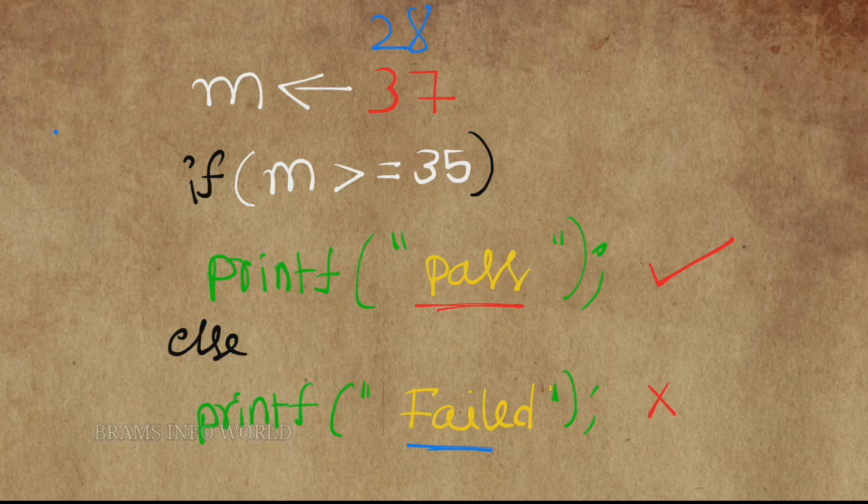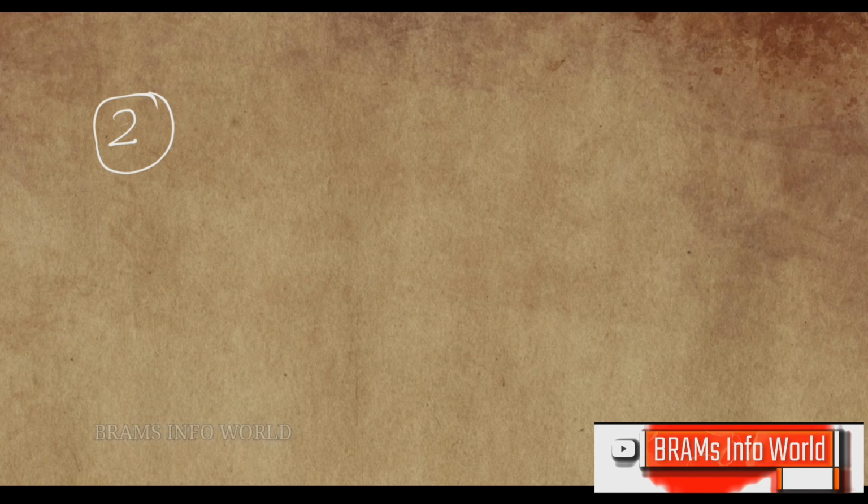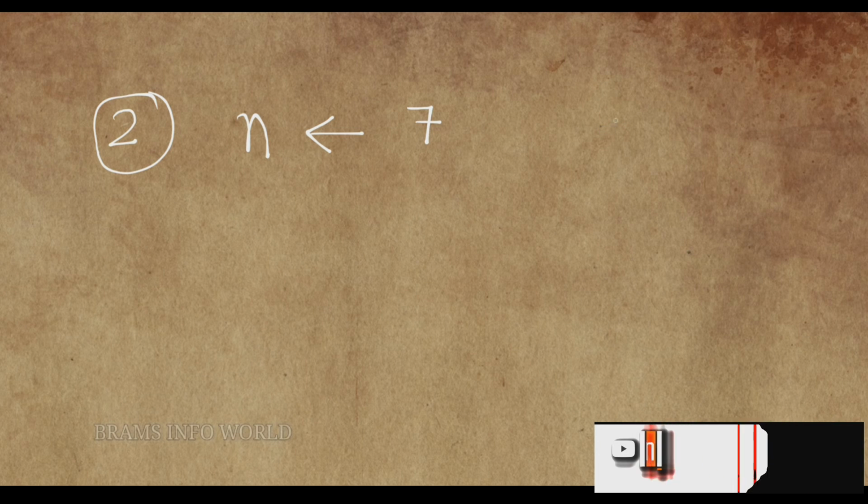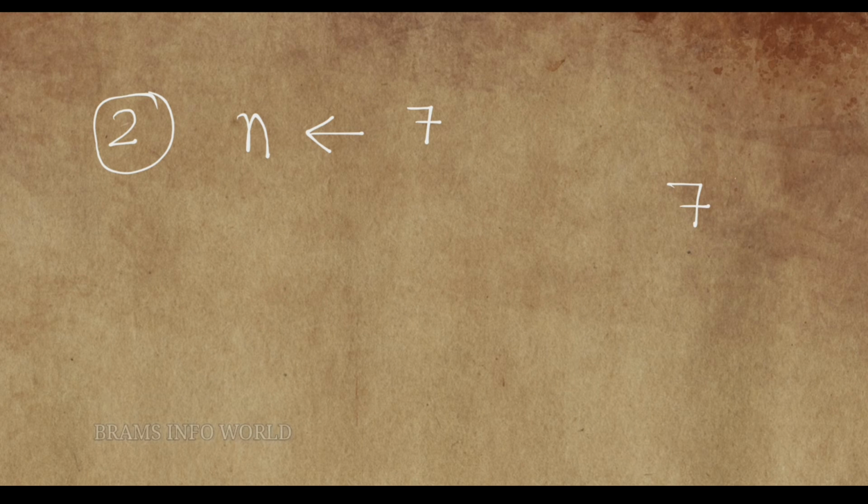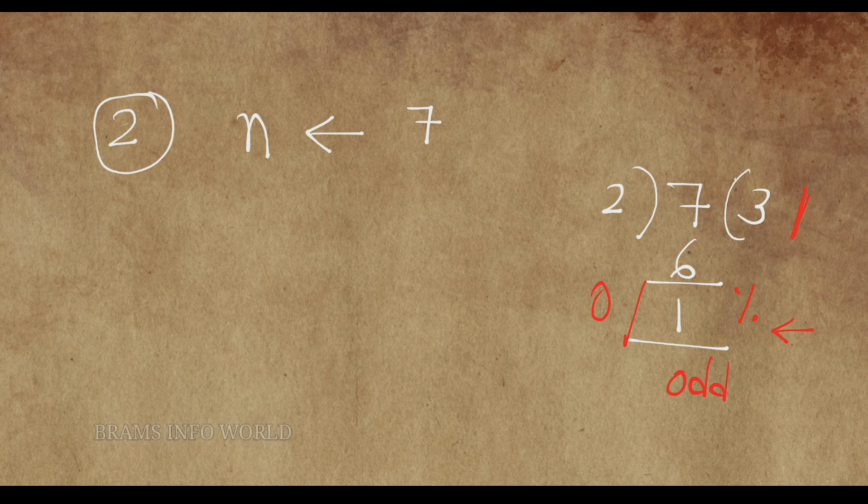Let us work with one more example. Example 2: we are going to find an even or odd number. So read the n value from the keyboard, for example 7. 7 is divided by 2, giving quotient 3 and remainder 1. This we define as dividend, and this is defined as divisor. So if the remainder is 1, it is odd. If the remainder is 0, for example taking 6 by 2, you can expect 0, then we can call it even.